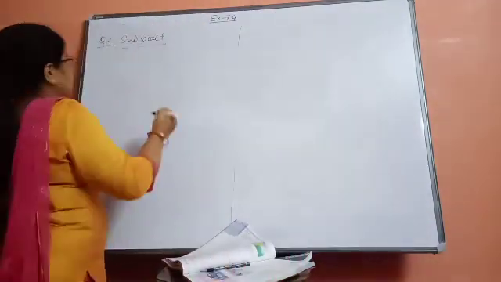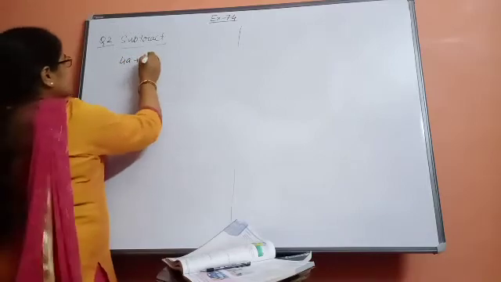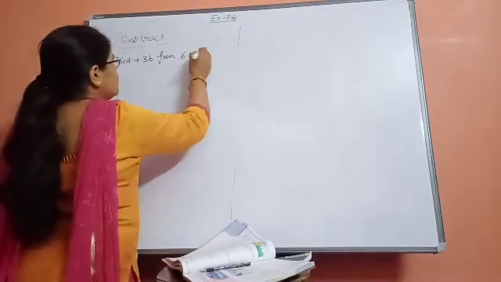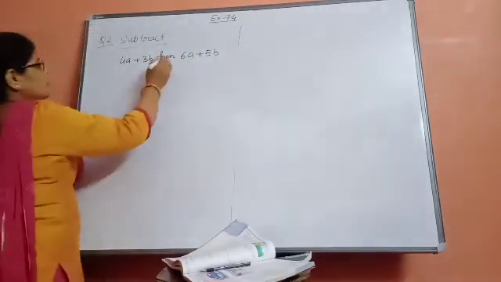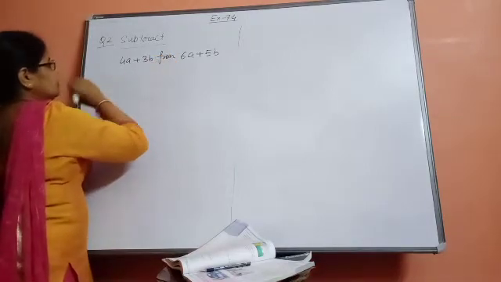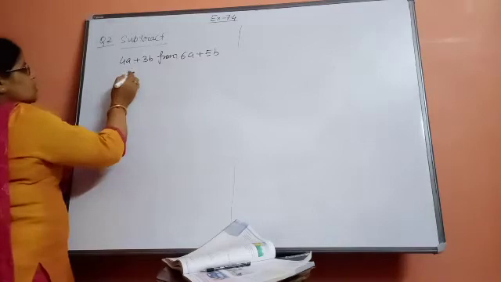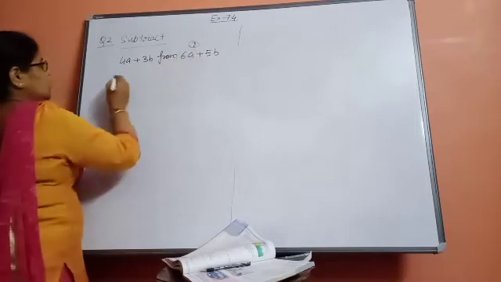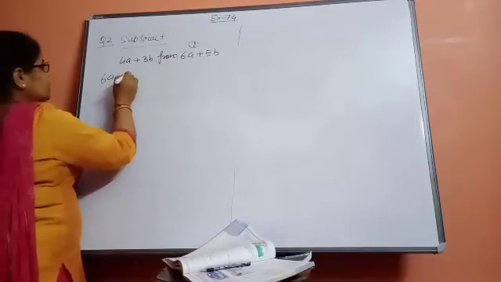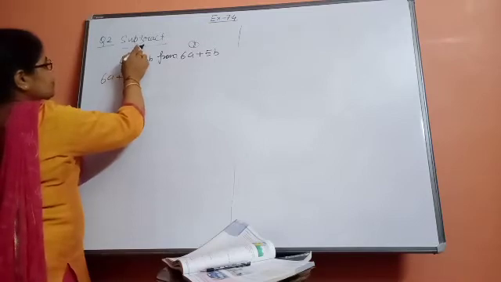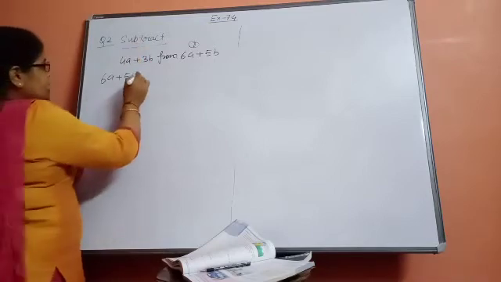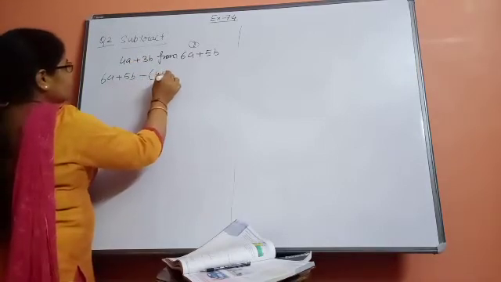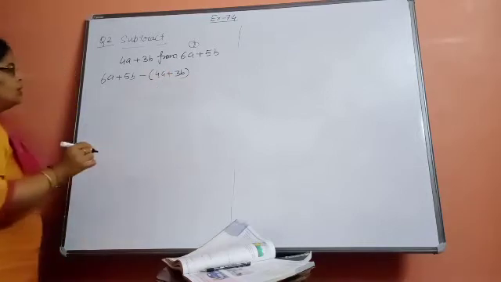Subtract 4a plus 3b from 6a plus 5b. Just see. First of all, after "from", whatever expression is given comes in the first position. Okay, 6a plus 5b. What do you have to do? Subtraction. For subtraction, what sign comes? Minus. So write minus. And whatever expression is the first one, you just write that in a bracket: 4a plus 3b.